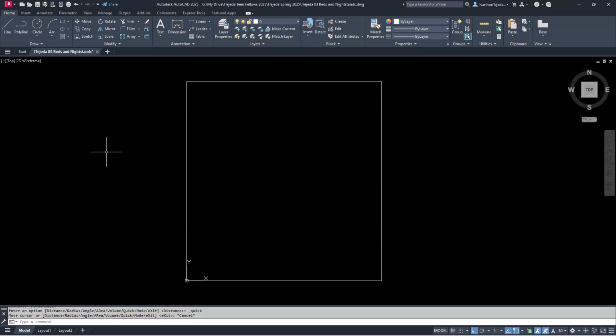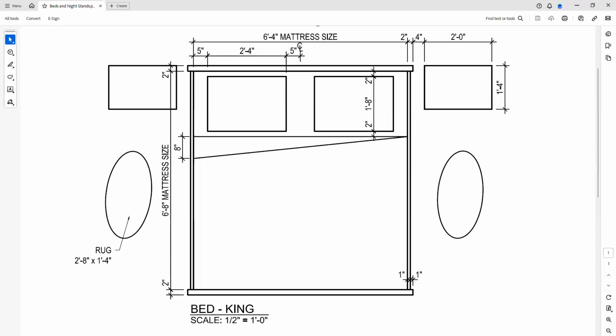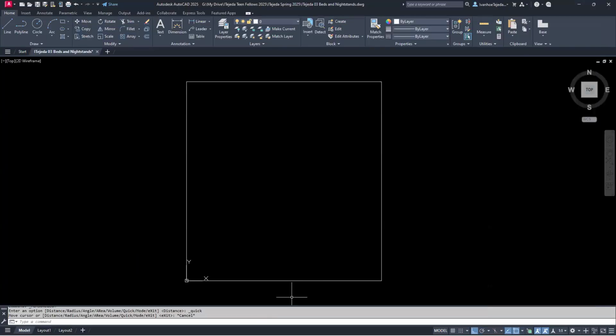And at this point, what I'll do is focus on the bottom portion of the bed, and that's a 2-inch offset on the line there, and then a 1-inch offset on either side here. So I'll put that in as part of the frame of the bed, not the mattress. So I'm going to come down here,